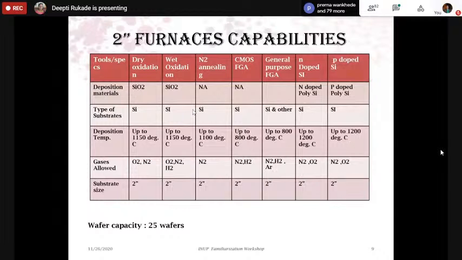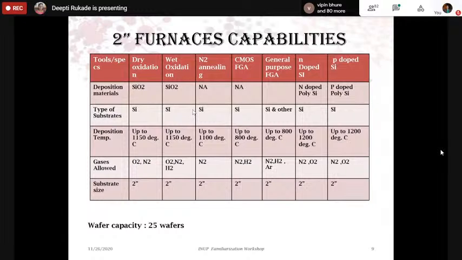Then you send in oxygen gas, and this oxygen at very high temperature reacts with silicon and helps in growth of silicon oxide. But dry oxidation has only oxygen, and the growth of silicon oxide is very slow. Hence, for dry oxidation, you will get a thickness up to a maximum of around 250